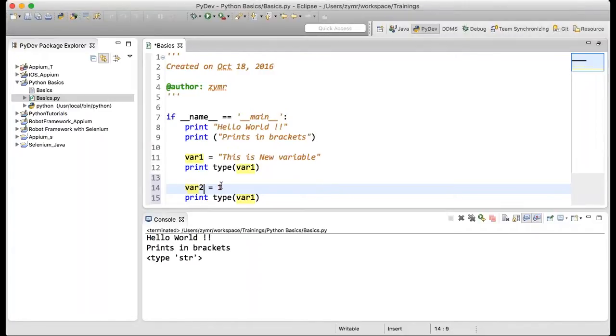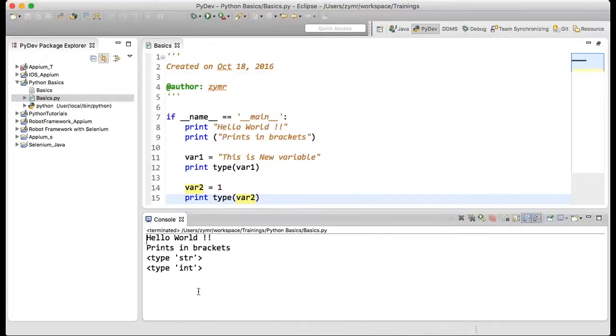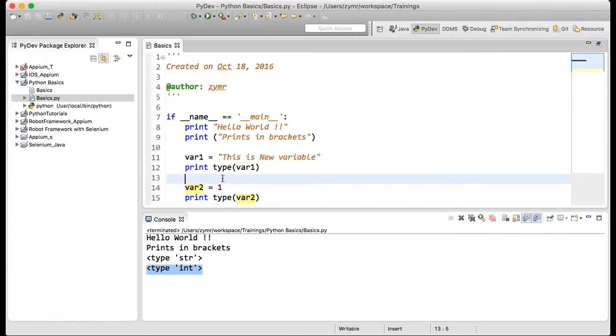This is var2. Now I will try to rerun this script. See here, it now shows int. So in this way, at runtime, you can expect var1 is a string value. This is just the type of variable that I wanted to show you, which Python understands at runtime.